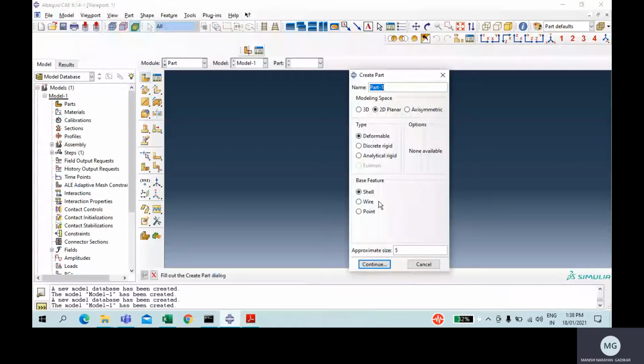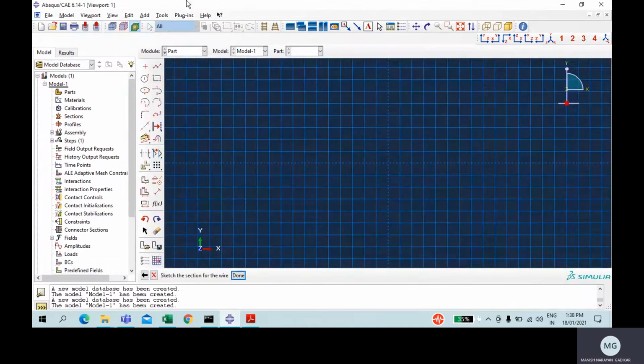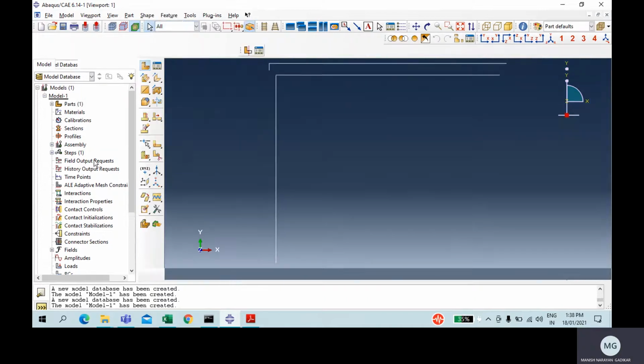I'll select a wire element. Go for 2D. I can write it here as a frame. I can give any dimension here. I'm keeping it as 100. Continue. I will select this. Create lines. I'll create one line like this, 1, 3. I have to give dimension to these lines, so I will go for add dimension. This is 5 meter. This is 3 meter, and this is also 3 meter. So close it. Done. Now we have done with the wire element.